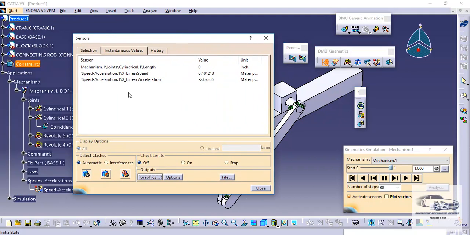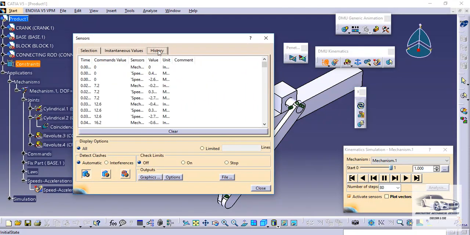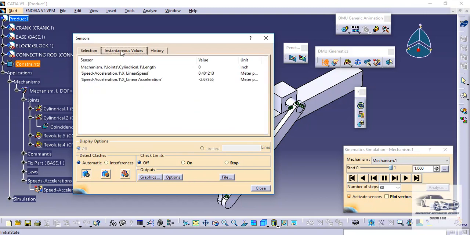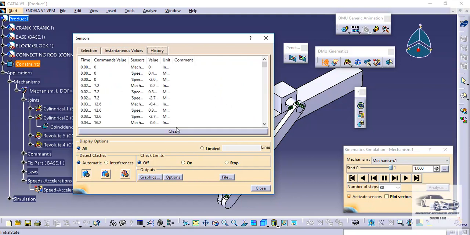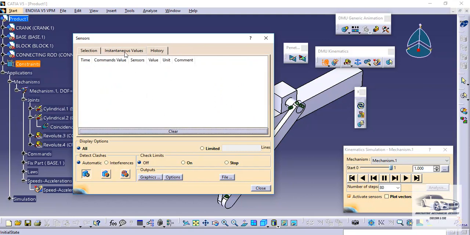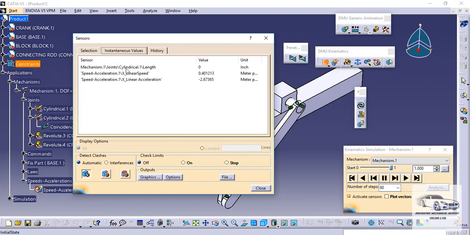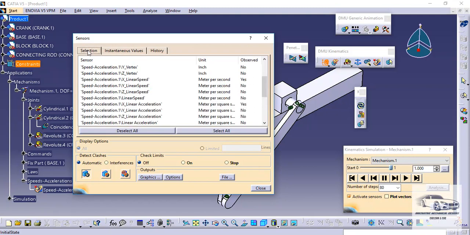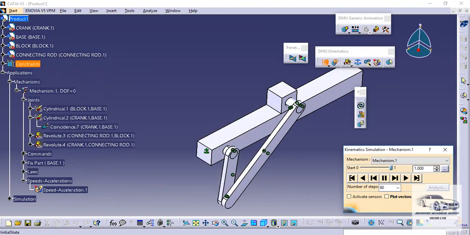Before that, I will erase these previous values so that they do not get mixed up while going for the other option. So here I will go to the history panel and then clear all the values. Now after this, I can select here, okay, no issue. So it will be removed later on. Now I will close it.